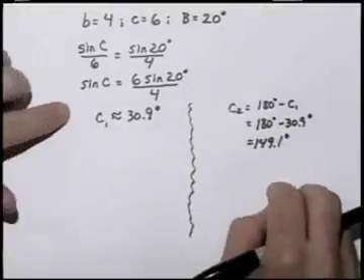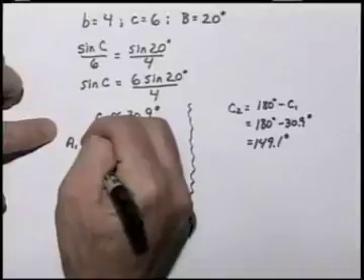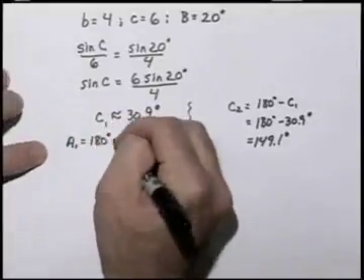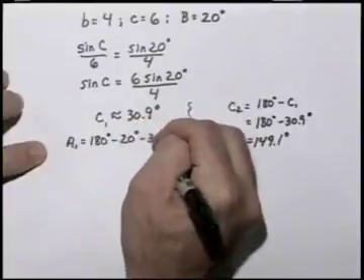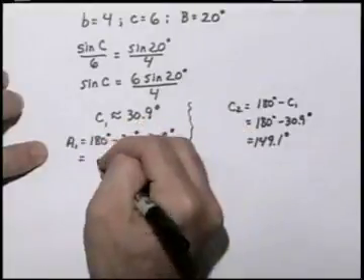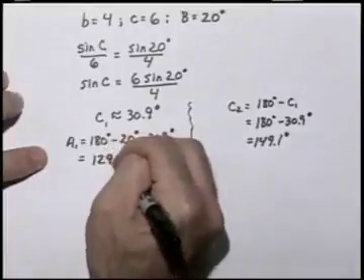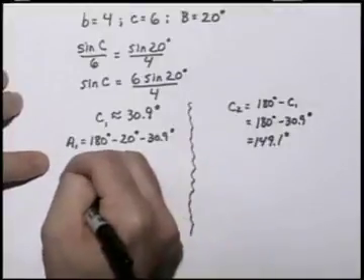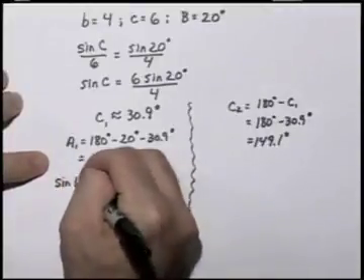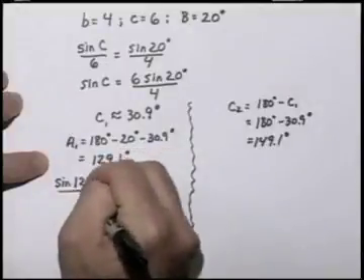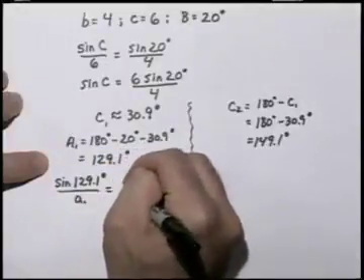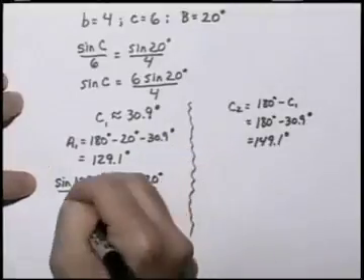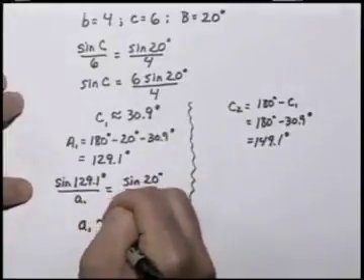So I separate these guys out. Now, the measure of angle A1 is going to be 180 degrees minus 20 degrees minus 30.9 degrees, or A1 is going to have a measure of 129.1 degrees. To find the length of side A1, I take the sine of 129.1 degrees divided by A1 equals the sine of 20 degrees over 4. If I solve this for A1, I get that A1 is about